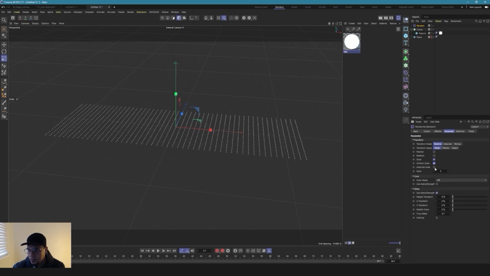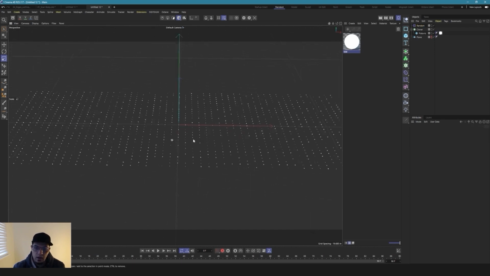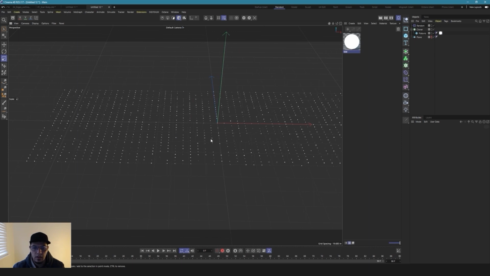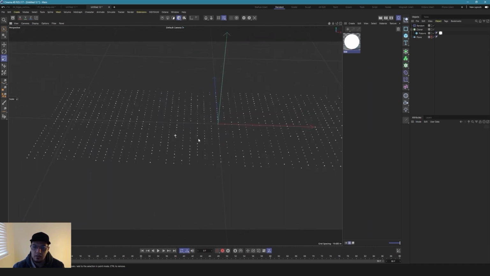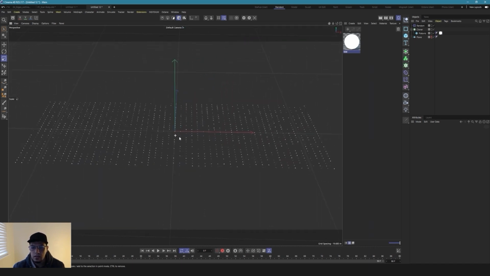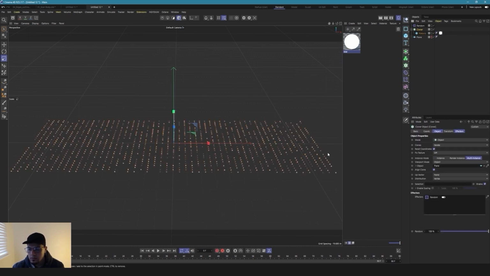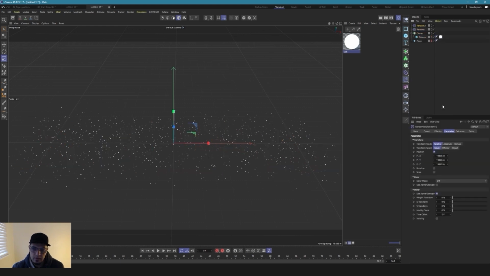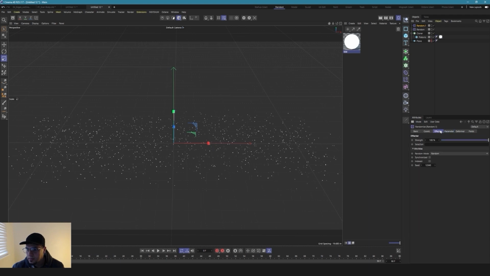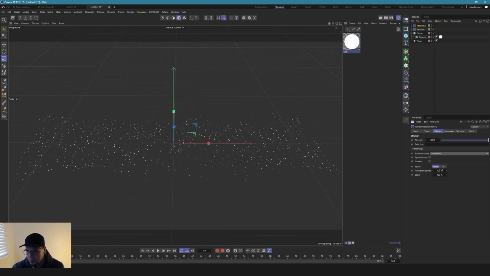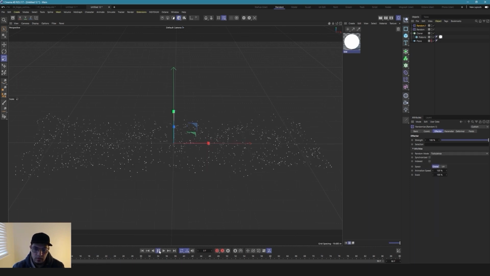Scale, uniform, -1. Okay, so now we got a lot of variety of different sizes. Looks more interesting this way. And now we need to animate them bouncing up and down. What I'm going to do is make a new cloner and a random effector, and instead of it being random, I'm going to change this to turbulence. If you animate this now,